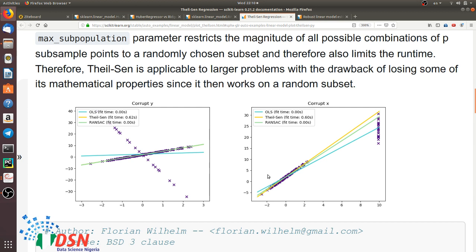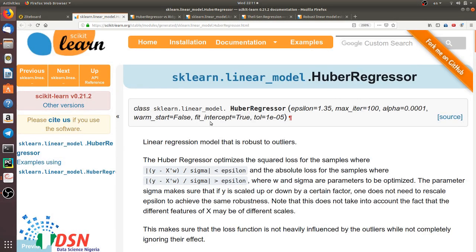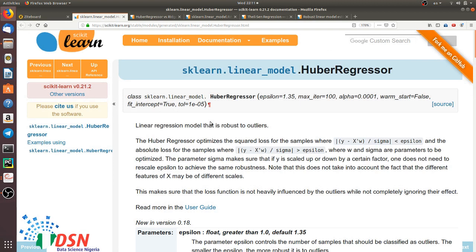Okay, and these are the results of Theil-Sen, and this is RANSAC. As you could see, maybe there is not so much difference between the Theil-Sen and RANSAC solutions. Okay, but with RANSAC you have very good performance and runtime complexity, especially when you want to apply it on large data sets. Yeah, so that's it. I think now you know how to use robust regression, and more importantly,